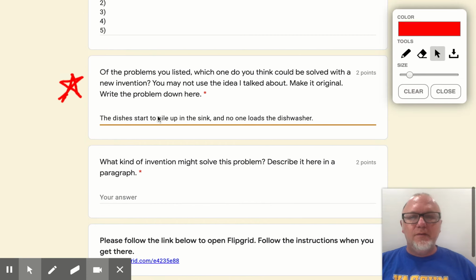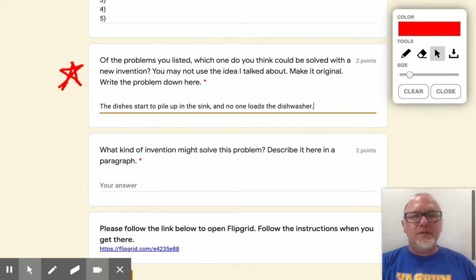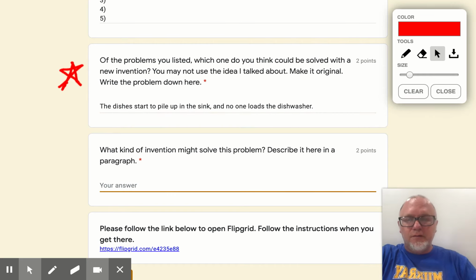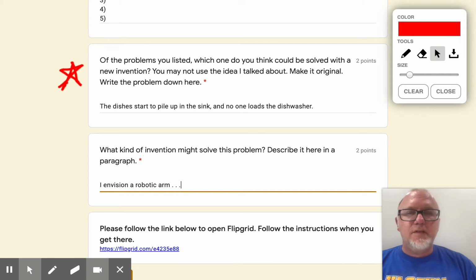Okay, moving down. What kind of invention might solve this problem? Describe it here in a paragraph. Now, this has to be kind of long. It's a paragraph, so I'm going to write this out for you. So I envision, that means I could see, I envision a robotic arm. And then I'm just going to finish it up in video so you don't have to watch me type, but you're going to have to type yours out. So I envision this robotic arm that attaches to the countertop,